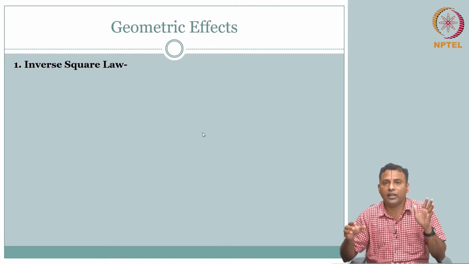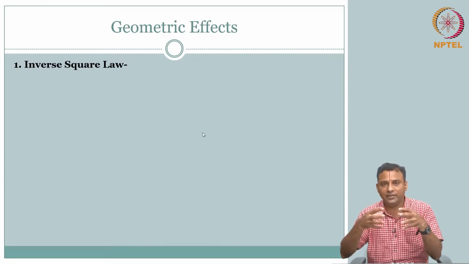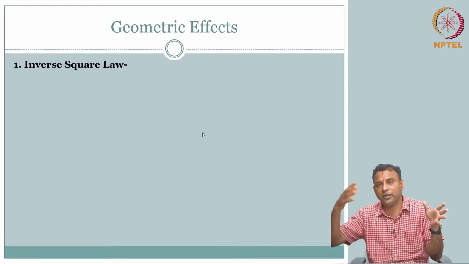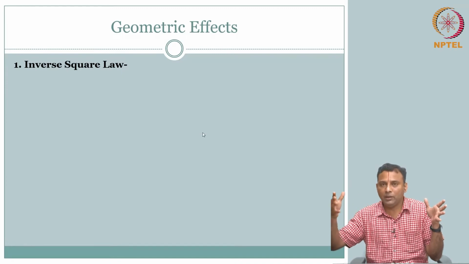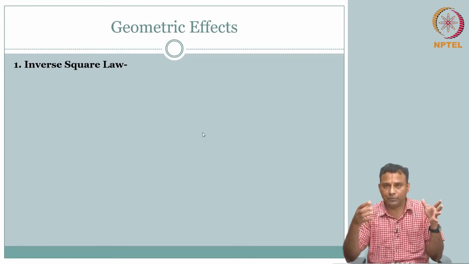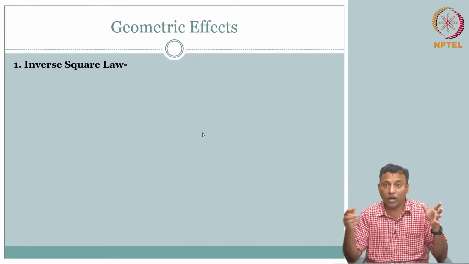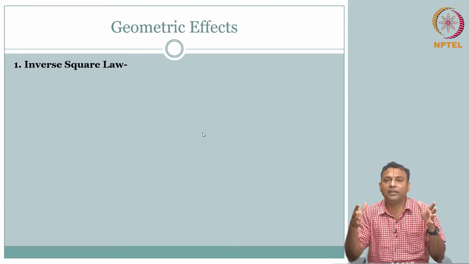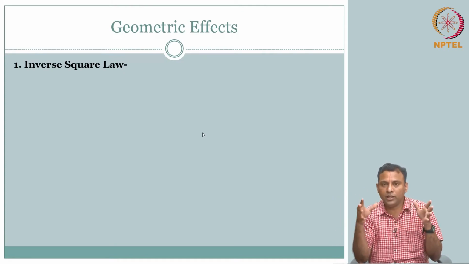So here what we are talking about is what are the effects. You have a system, you have some instrumentation that is capturing this f of xy, or transforming this f of xy to g of x comma y. What we mean by geometric effect is, because of the setup that is trying to capture, are we seeing any effect on g of x comma y? Not because of the fundamental f of x comma y, but because of the geometries that are involved. So the output is different from the input due to the geometric reasons, right?